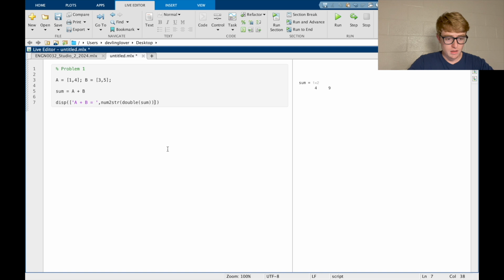So that is all for that, and I can actually put a semicolon on this or not, doesn't matter. And I can run this, and I can see now I have this nice little thing that pops up, A plus B equals that. And I can get fancy with this. If I want to add the brackets back in here, then I can totally do that, and I can do something like this, whatever you want to do. I could even index some. So MATLAB arrays start with index 1, not index 0, which is a very important note. So I could do that,